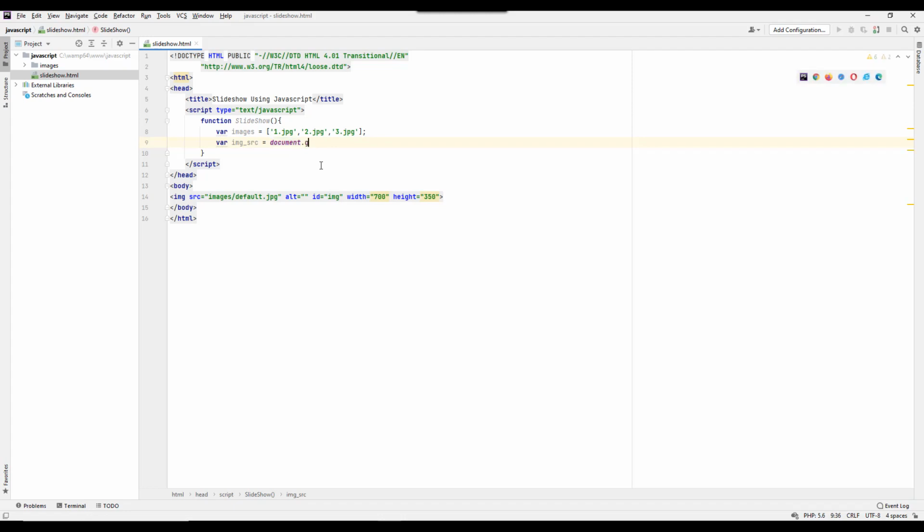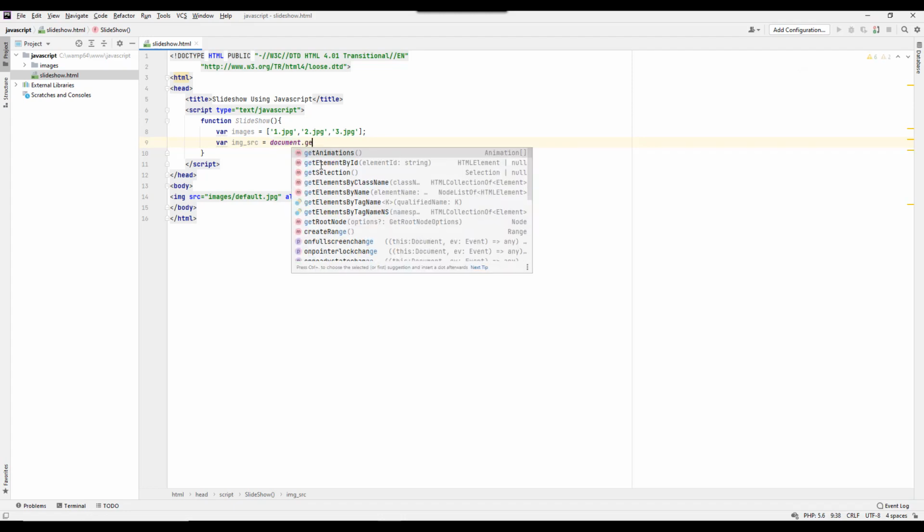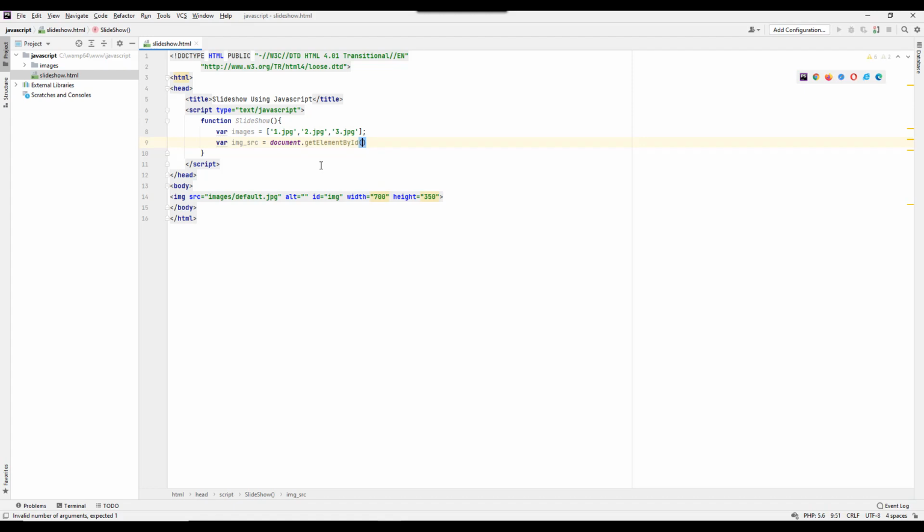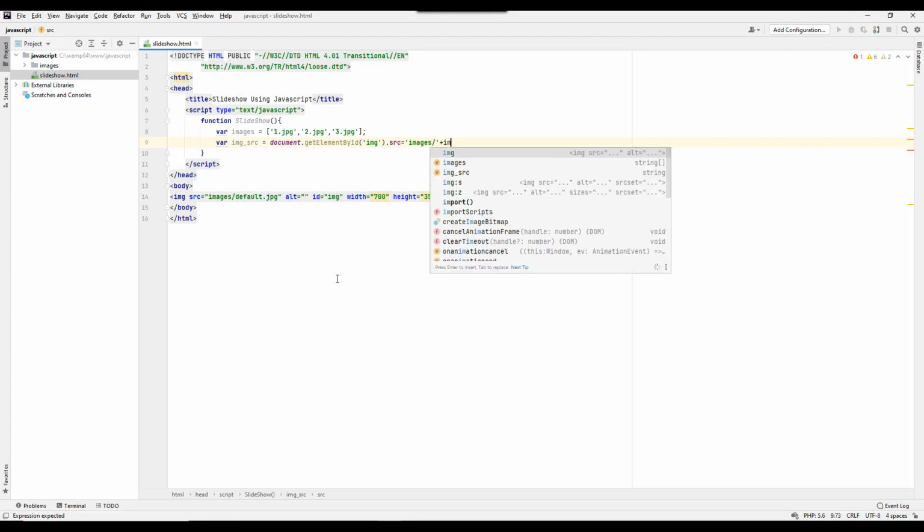So document.getElementById is img, then .src is equal to. All images are kept inside the images folder. So we define images/ and want to concatenate with the array. So our array is images